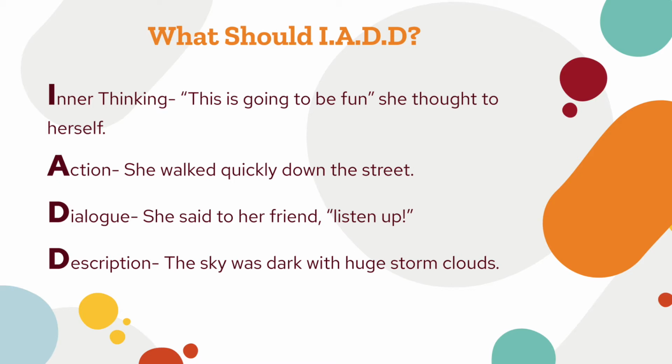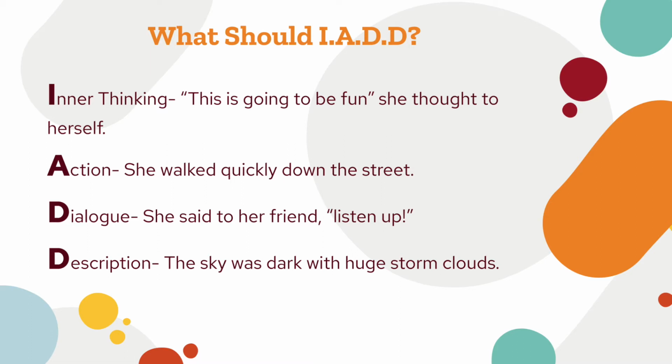Before I get into this, I will be asking students what they already know about adding details to writing, what kinds of details they think are important. That way I can assess their prior knowledge, maybe get an understanding of what they have never thought of before. As for the acronym, it's something that the students can ask themselves when they're writing: what should I add? Each letter stands for something different that they should consider.